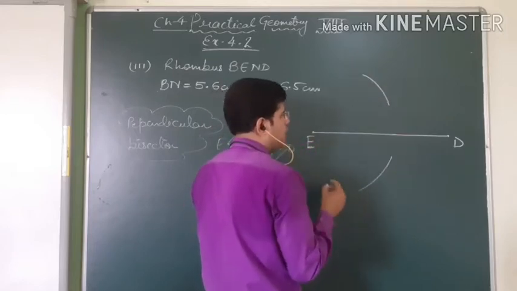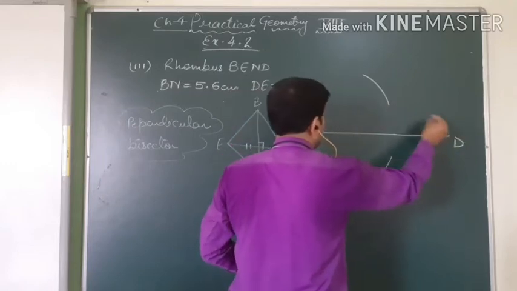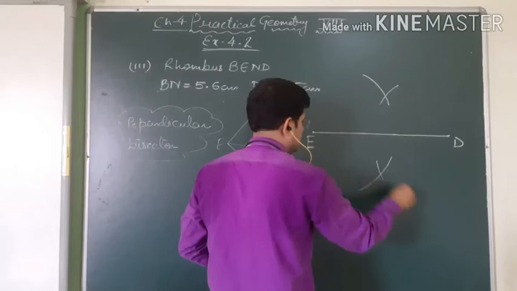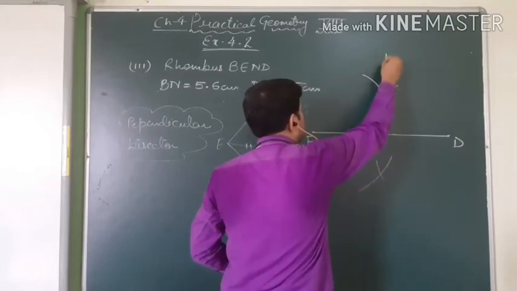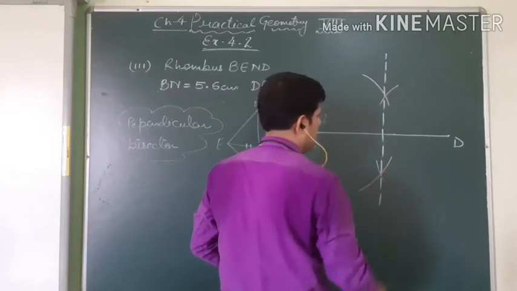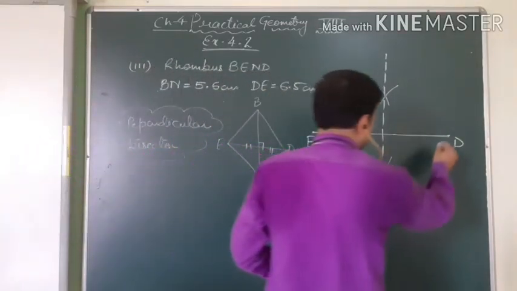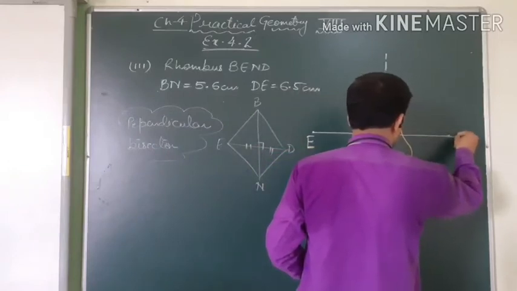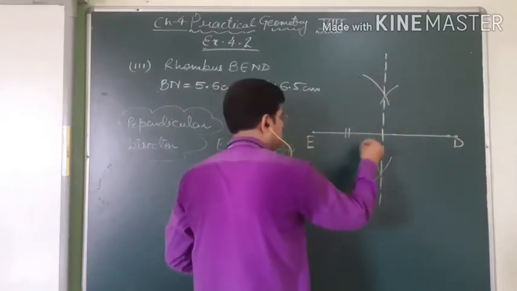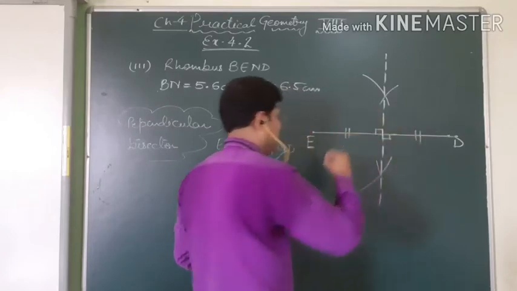The same arc you have to repeat, but not from point E, from point D. The same arc without changing the distance. Now these are passing through the line segment DE like this, as a bisector. So this is a bisector, meaning these two parts are equal and these are 90.